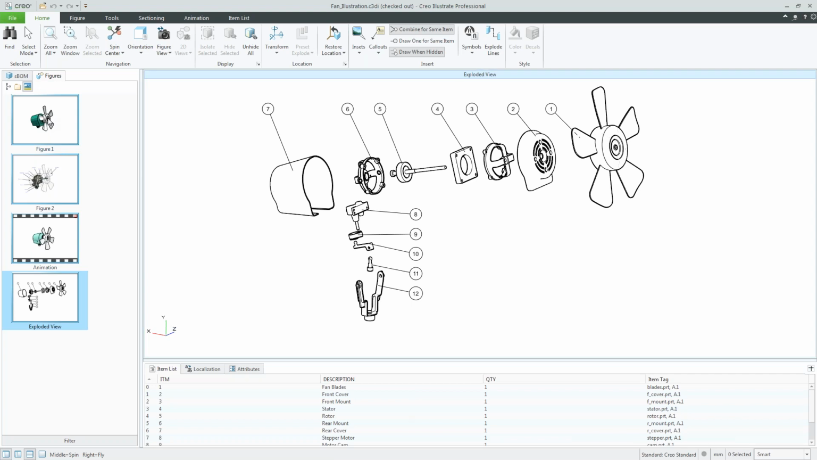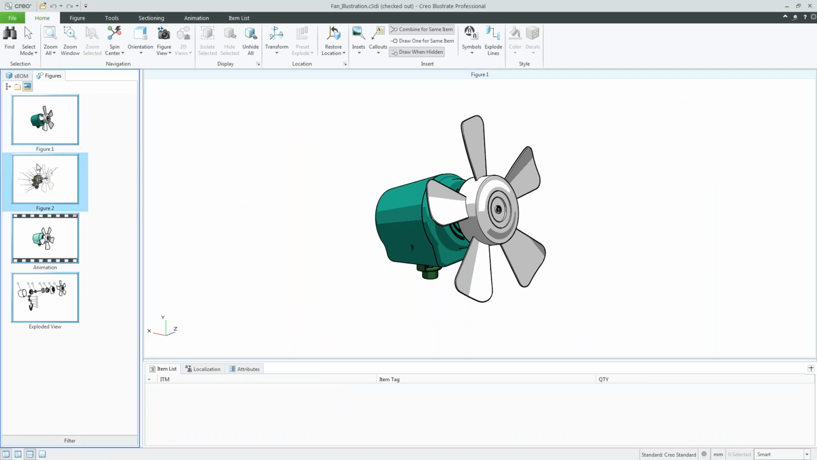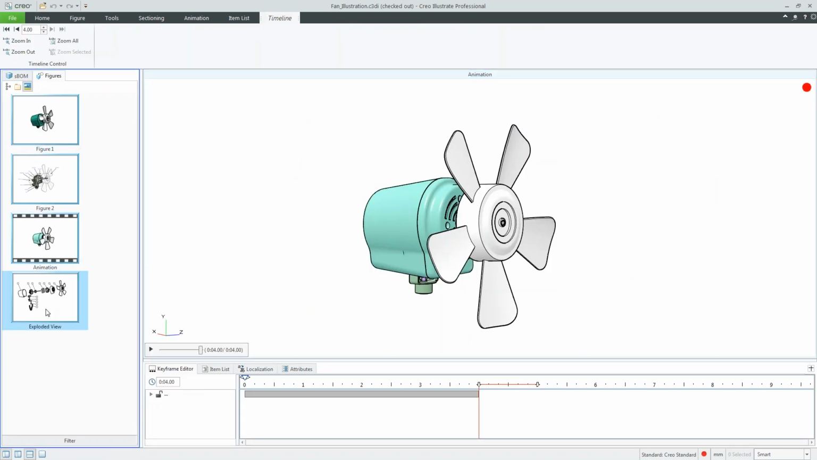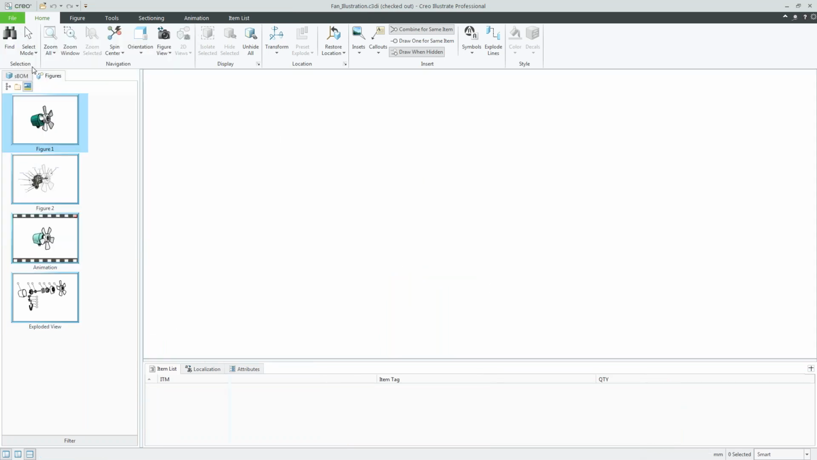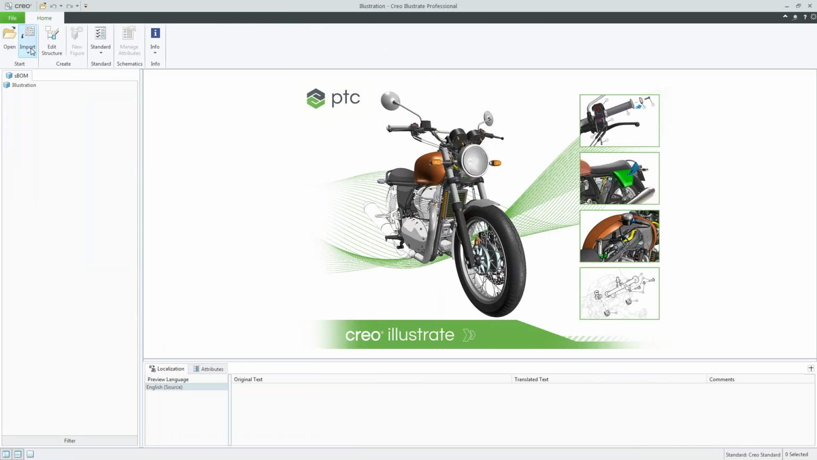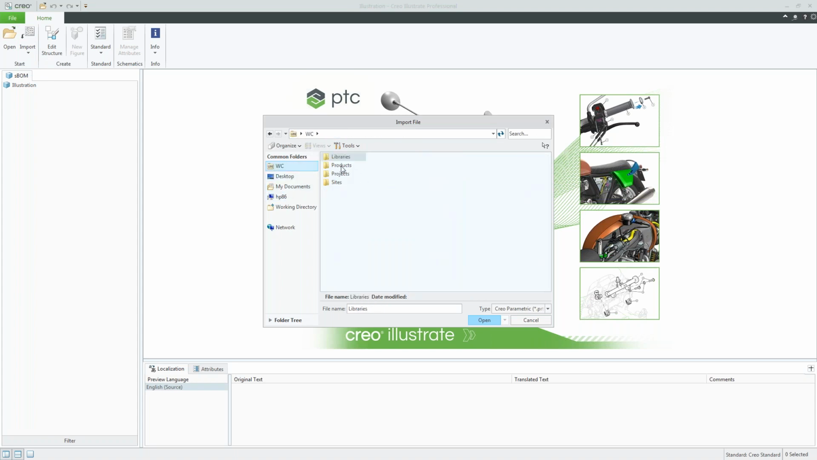So what I'm going to do is actually recreate this illustration from scratch. I'll show you how easy it is to create all these different figures from scratch. So I'm going to create a brand new illustration. In this case, I'm going to link my CAD content that's in my Windchill system. So I'm going to go in my Windchill system, because that's where my content resides, into one of my products. I am going to go into